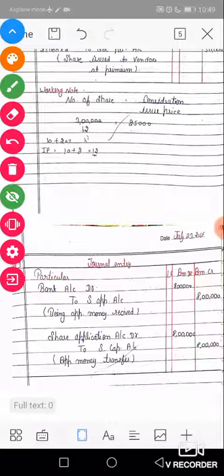So first of all, the journal entry is made for the issued shares, 8,000 shares of 100 rupees each. Then the journal entry is bank account debit to share application account, because the amount is deposited in the bank, and the application account represents all applicants. So bank account debit to share application account 8 lakh rupees, and after that the amount is transferred to the company's capital account: application account debit to share capital account, amount 8 lakh. Okay, numerical has completed.